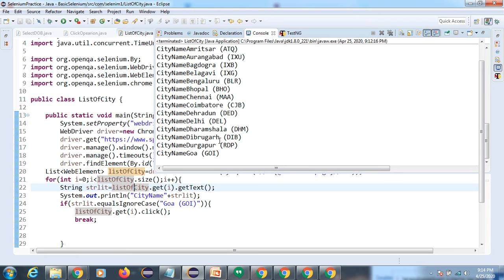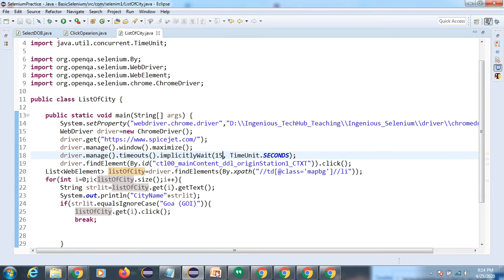The concept is the same, but what do you have to change? You only have to change your element or your concept. That's it. Iterating is the same, and we are storing in a list. Why are we storing in a list? Because the elements might have duplicate values, so the list will accept them. That's why we are storing in the list.